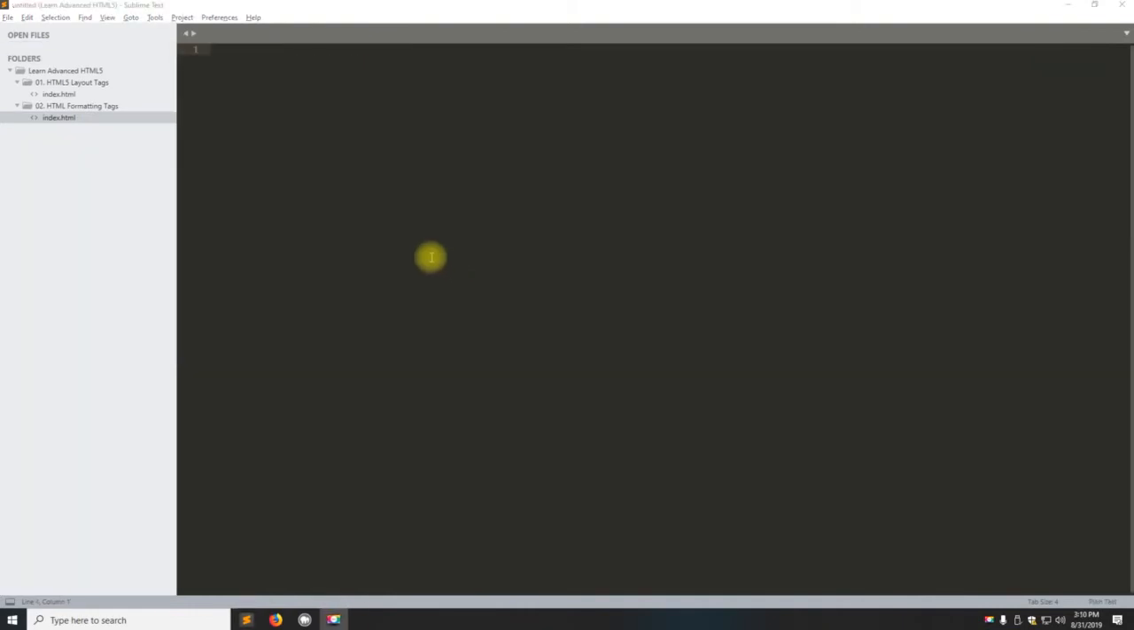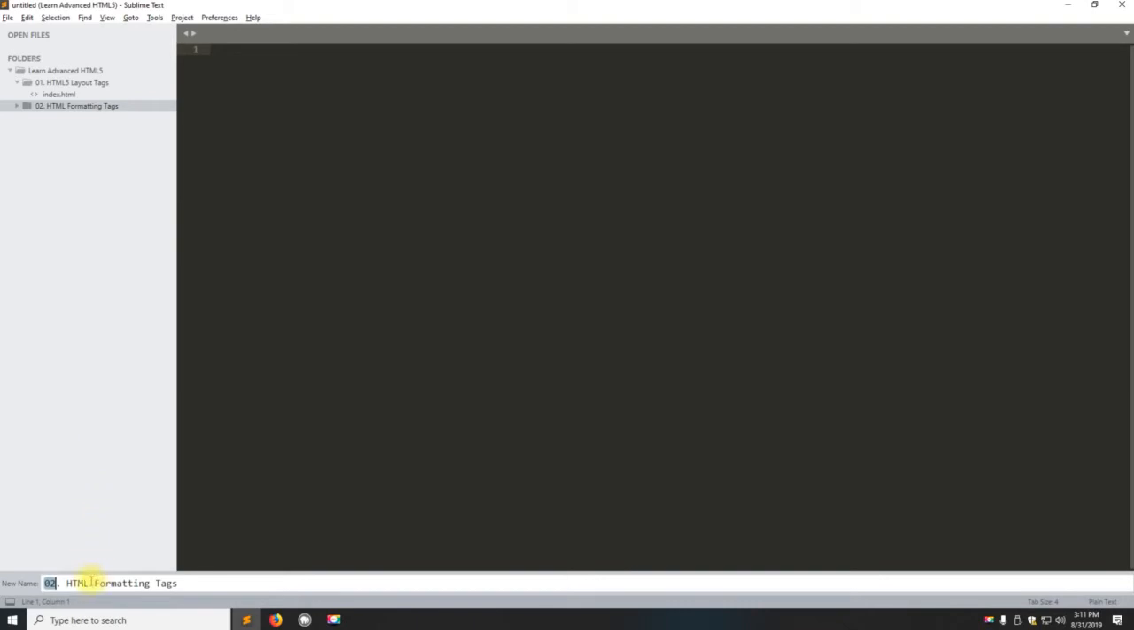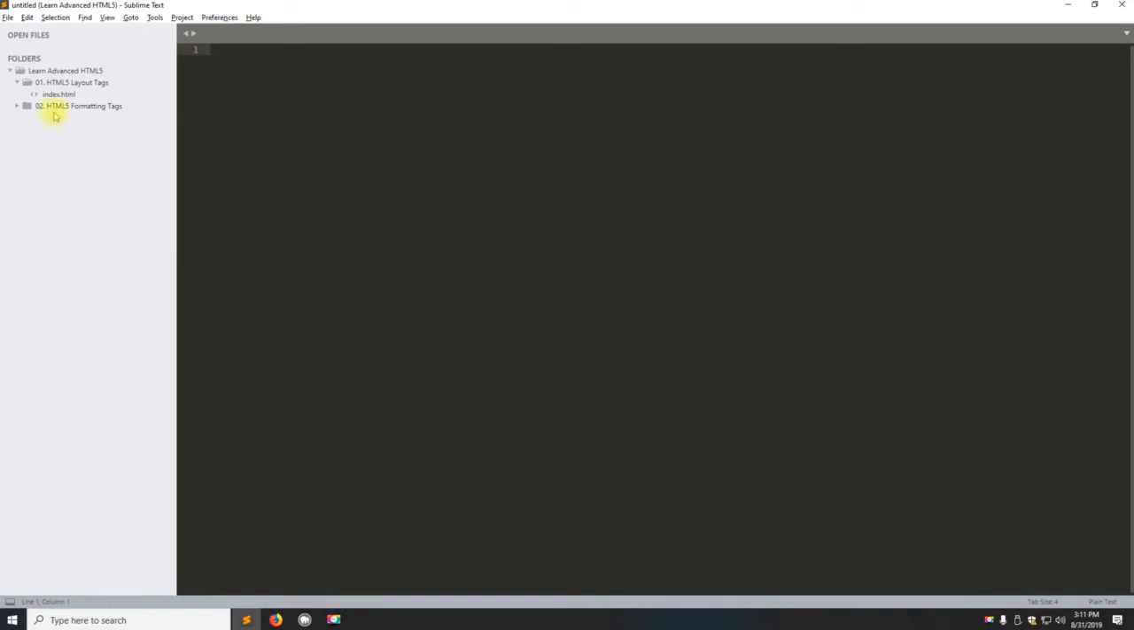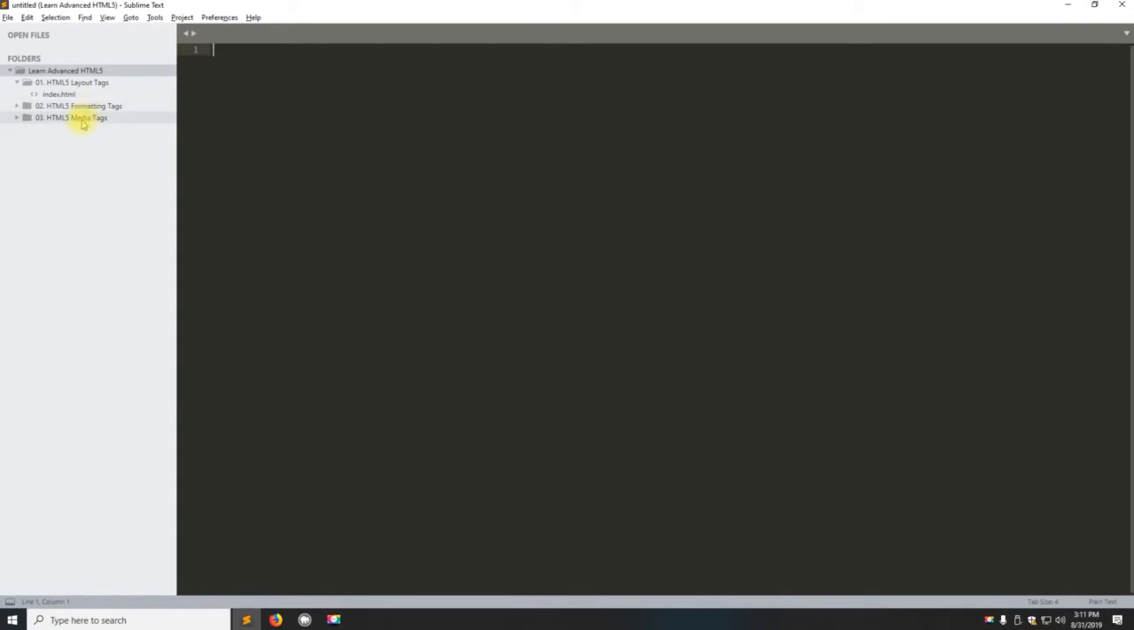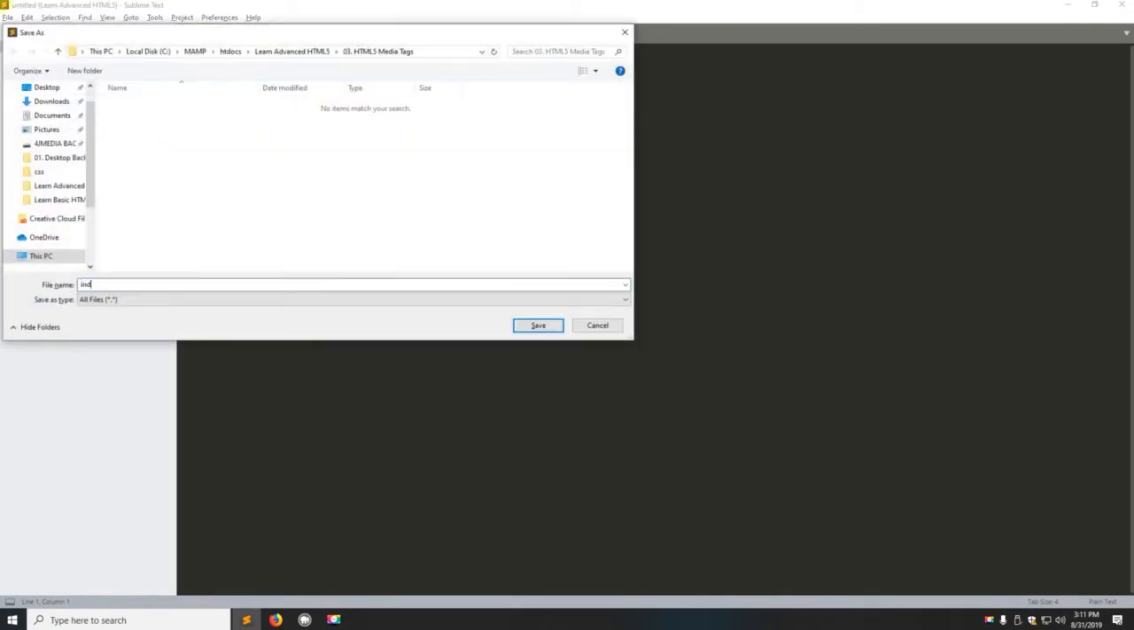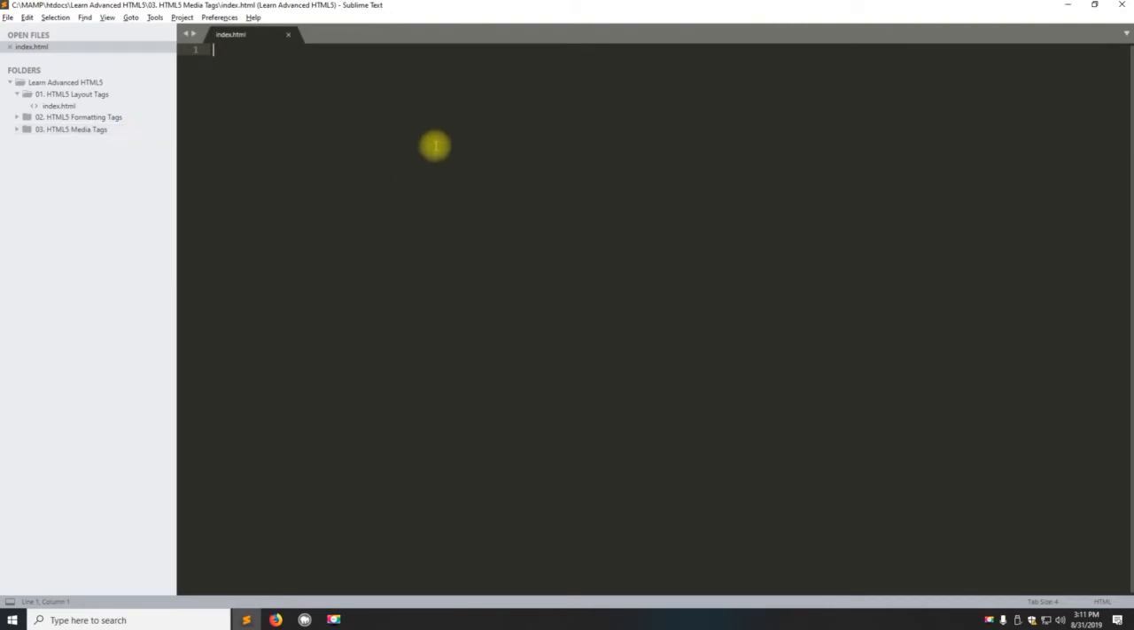Okay, welcome back. So in this video, we're going to talk about HTML5 media tags. And do one thing for me here real quick. Right-click on the HTML formatting tags and rename that for me, and add a 5 at the end of HTML. There we go. Now right-click on Learn-Advanced-HTML5, create a new folder, do 03.HTML5 media tags. Okay, and then right-click and then do new file, Control S, index.html, and type in HTML and